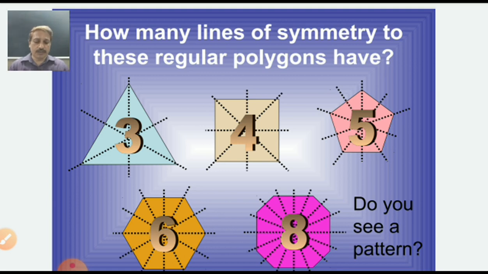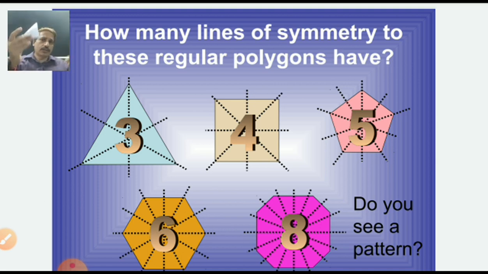Suppose this is my square. Can you see my square? Yes. When I fold it once, exactly it is matched. When I fold it vertically, exactly it will match. Now diagonally, diagonally means cross. See students, cross. Exactly it will match. If it is a square only, then also see. Isn't it? Same way here also you can find out.